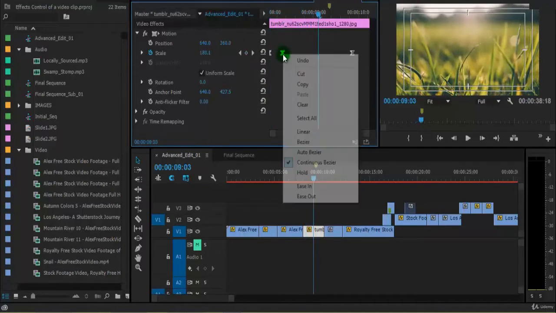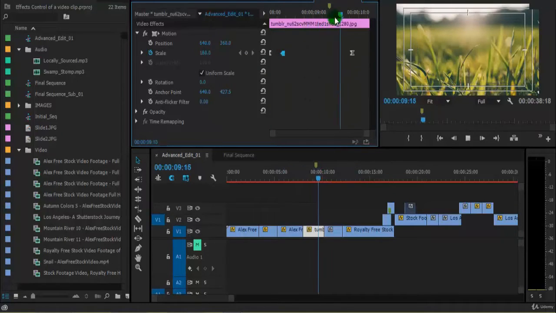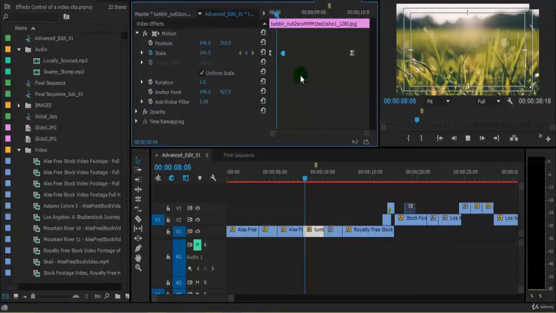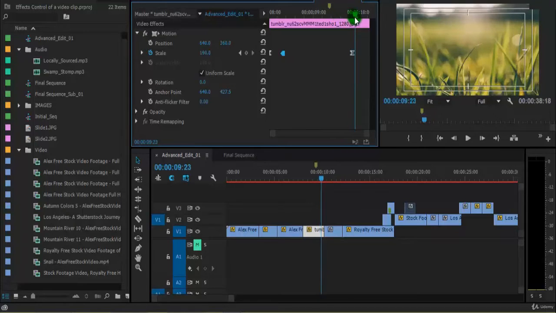And if I say this hold, so if you see here, it holds the value that is 160. The animation goes from 126 to 160, and it is holding the value of 160,